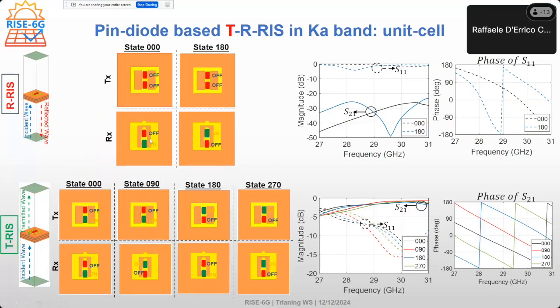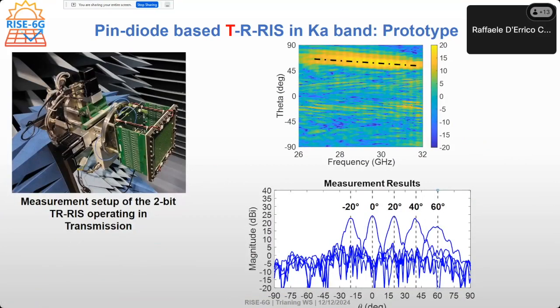Basically we have a multi-layer unit cell with different diodes, and according to the configuration, we can make it work in reflecting mode with a 1-bit phase shift, so a shift of 180 degrees, or in transmitting mode, we have 2 bits, which means that we have 4 phase states. And that's an example of a measurement that was done in an echo chamber to show how it steers